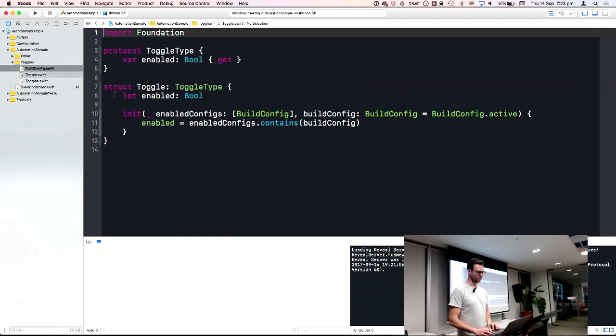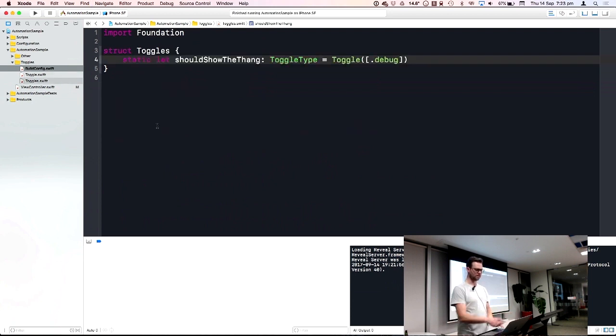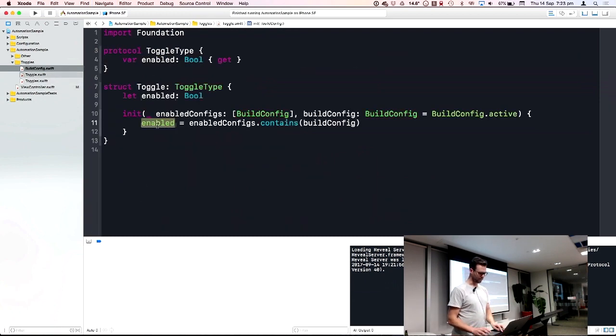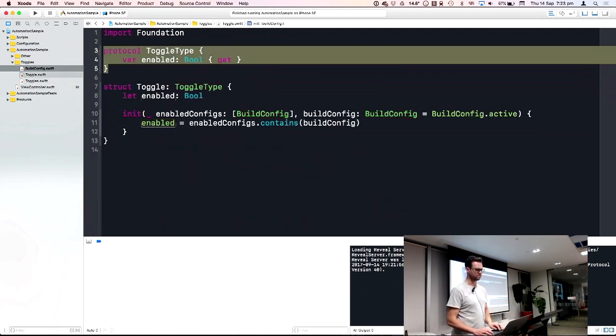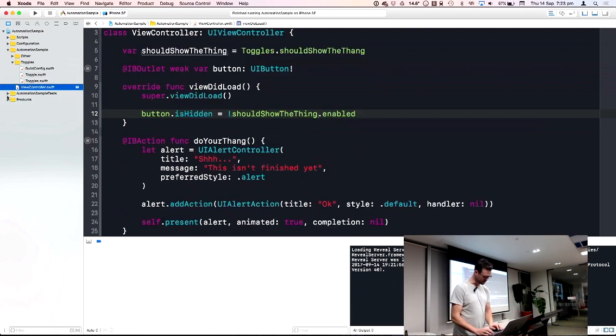Then our toggle code is literally just saying if the active build configuration is one of the ones we've enabled it for, that's really just an array contains. So we look at that array, debug, comma, release, whatever, and we just say if our current build config is in that array, then it's enabled, otherwise it's not. And it conforms to a protocol because we use fake ones that we inject for testing. So if we want to test this thing,